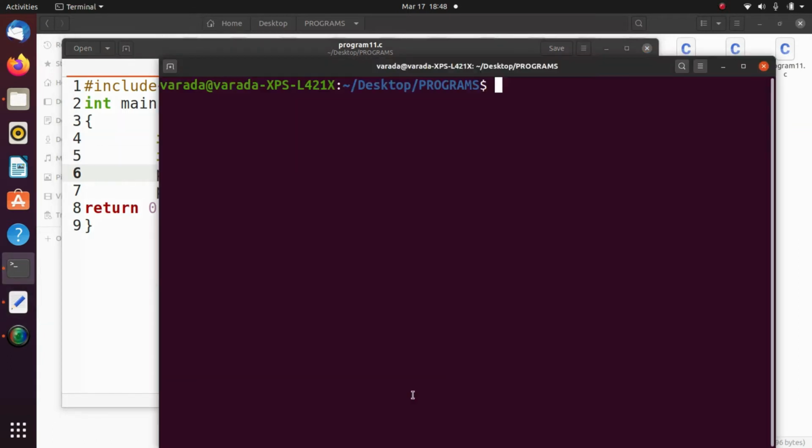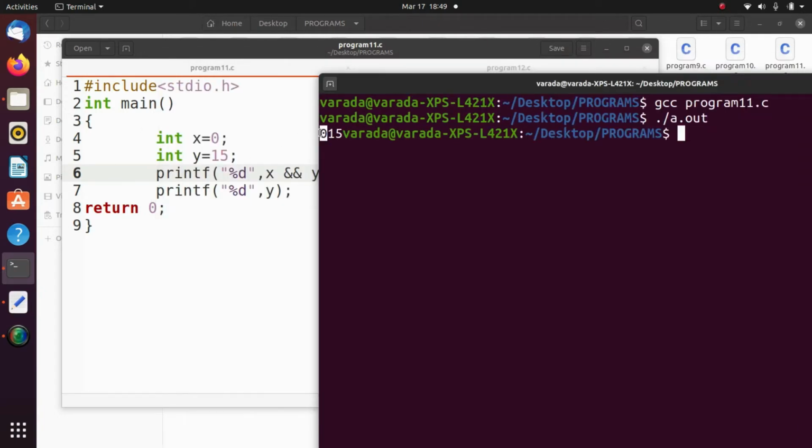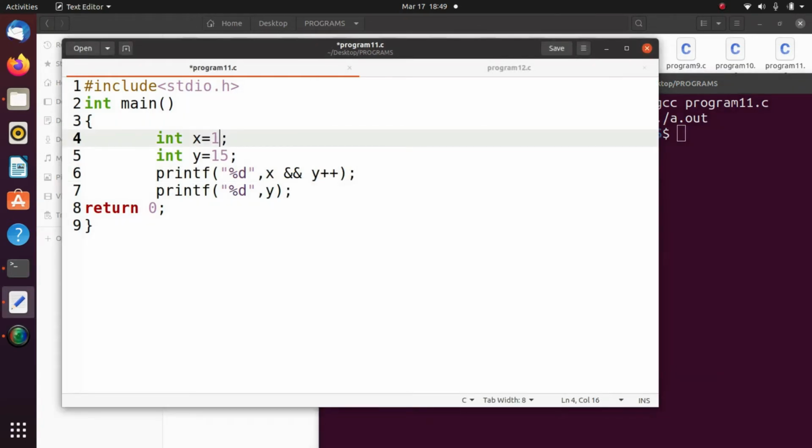You can check that: gcc program11.c, then ./a.out. If you observe, 0, 15. Here 0 means false, and it is 15. We can change the values.